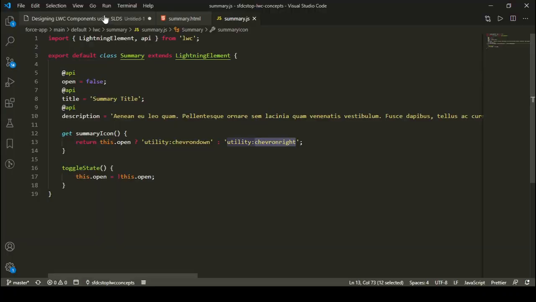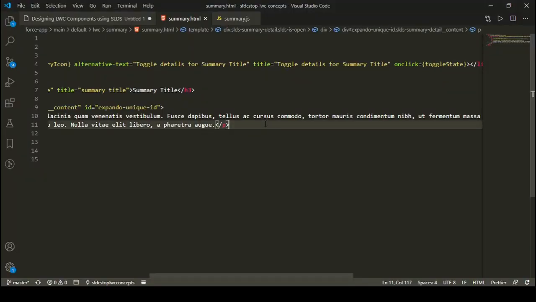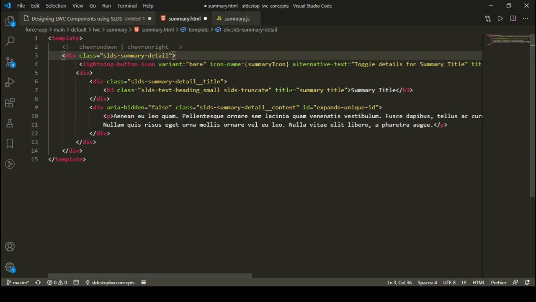The next thing we need to do is hide the summary in case my state is false, and show the summary in case my state is open or true. I need to change this class as well, because slds-is-open is only used whenever the summary is open. I think if I remove this class, maybe it will be hidden automatically.